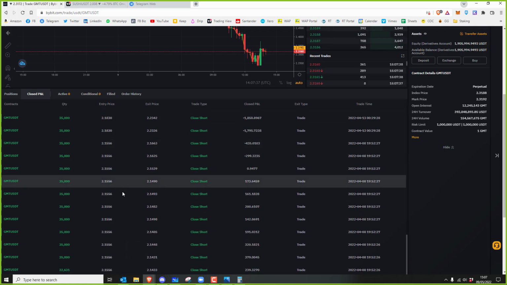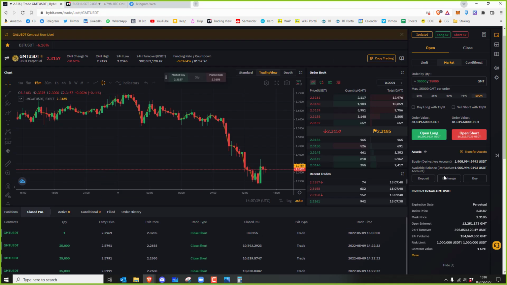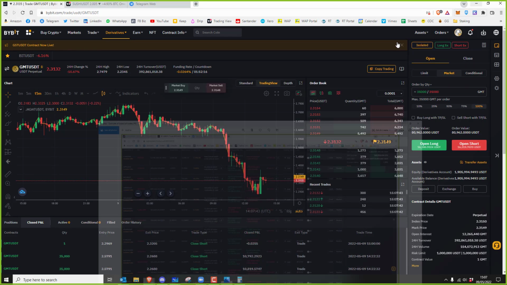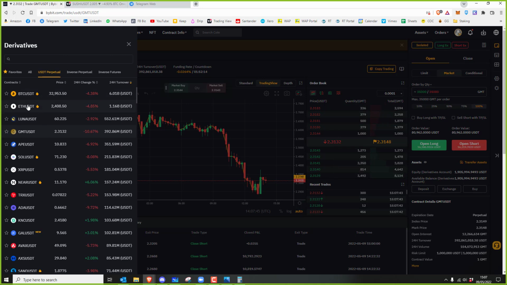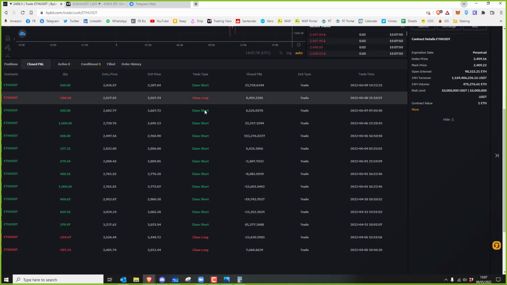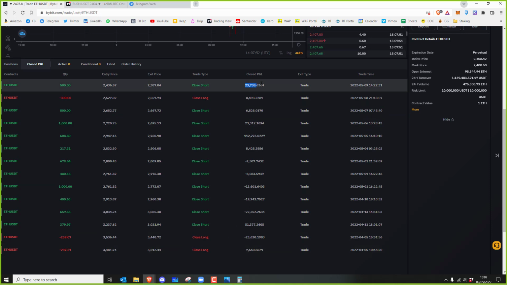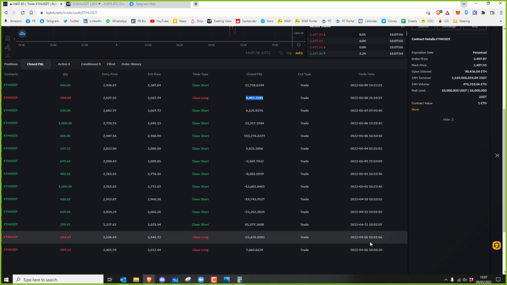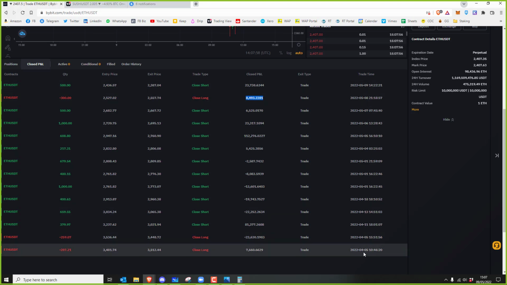It's just frustrating. There's no way you can see a similar board of trades for all symbols. You have to do it per symbol. So if I go to Ether and then close P&L, it will show me all of the trades for that. So 23 grand, 8 grand. And it will show you over the last, I think, 24 hours, off the top of my head. No, actually, maybe.